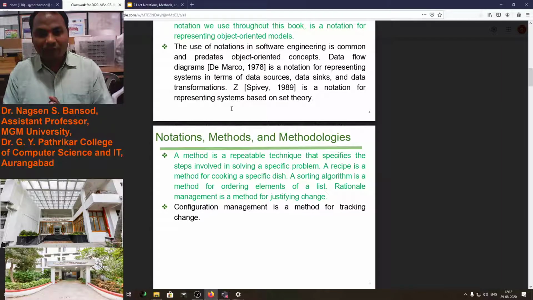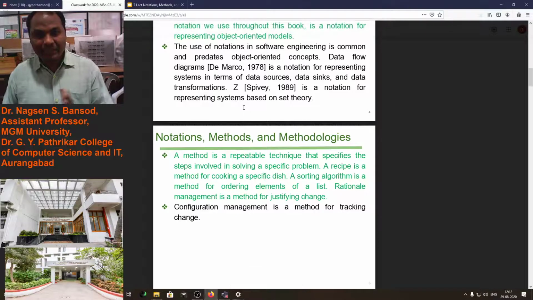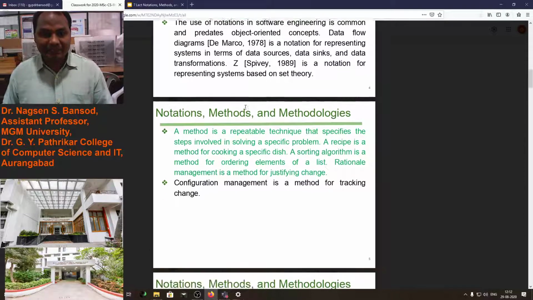Then there is the book published in 1989 by Spivey, a notation for representing the basics of set theory.